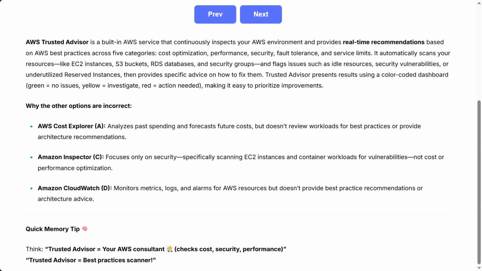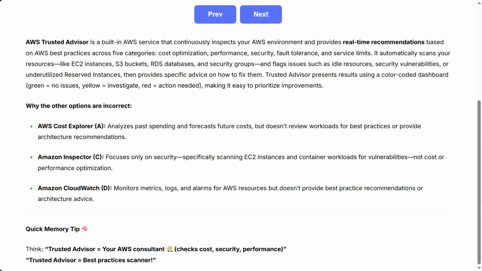Why the other options are incorrect? AWS Cost Explorer A analyzes past spending and forecasts future costs, but doesn't review workloads for best practices or provide architecture recommendations. Amazon Inspector C focuses only on security, specifically scanning EC2 instances and container workloads for vulnerabilities, not cost or performance optimization. Amazon CloudWatch D monitors metrics, logs, and alarms for AWS resources, but doesn't provide best practice recommendations